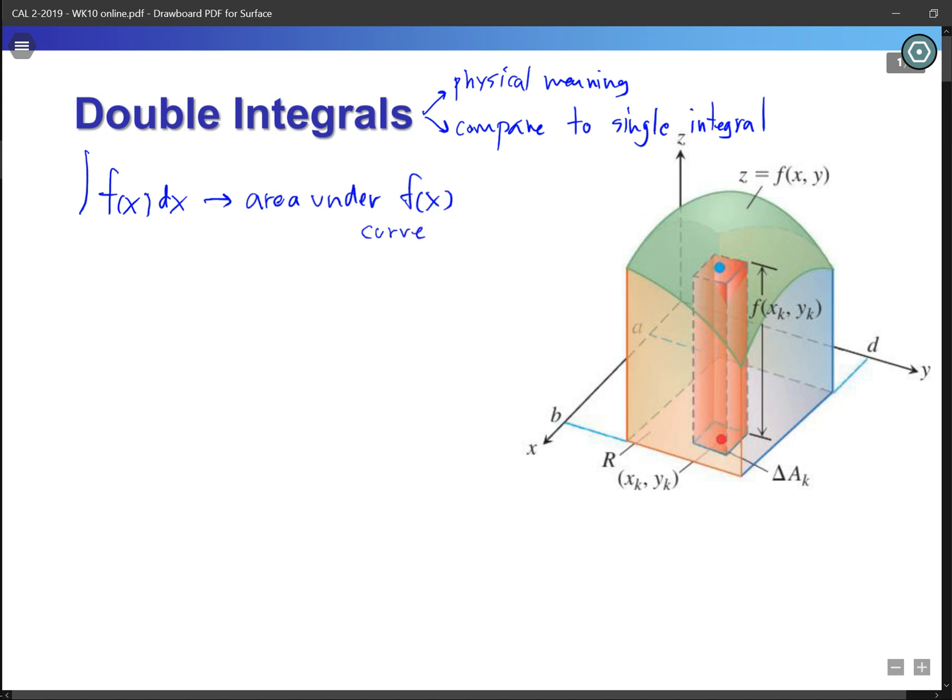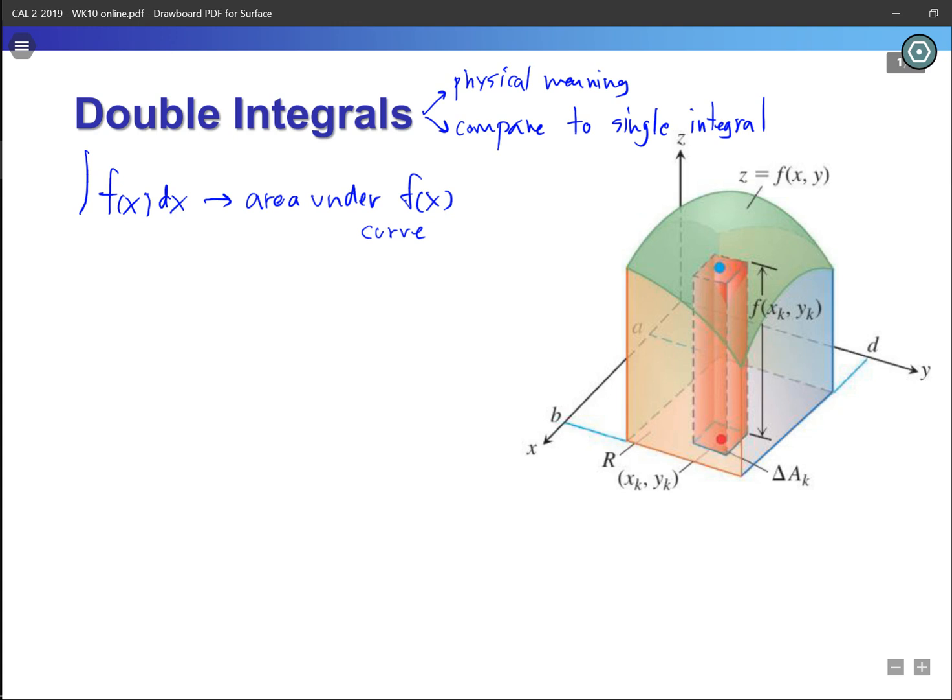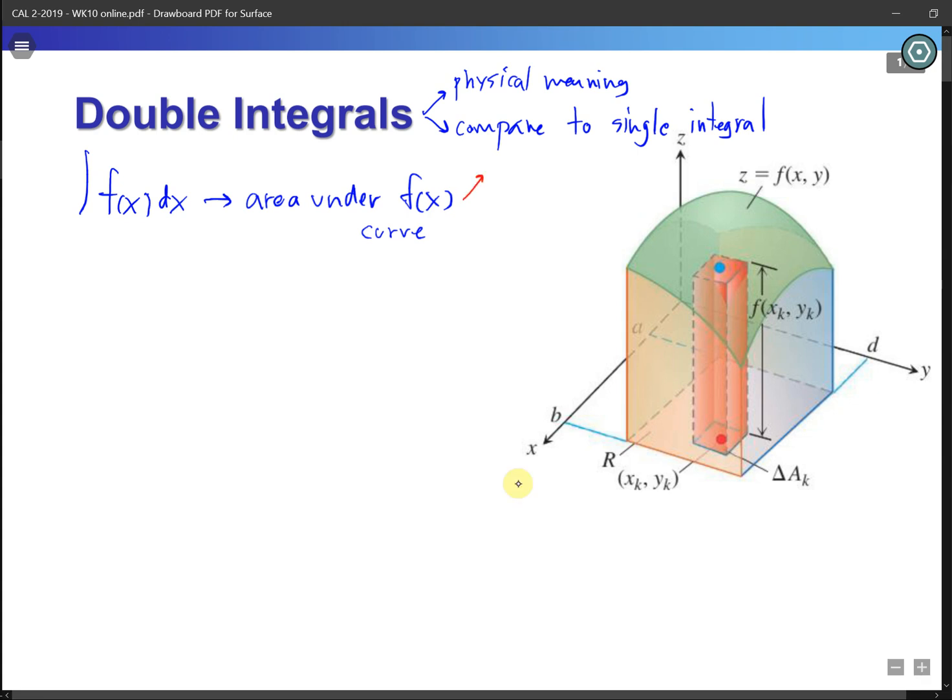I also added something more to this physical meaning of the integration of f(x): this area can be both positive